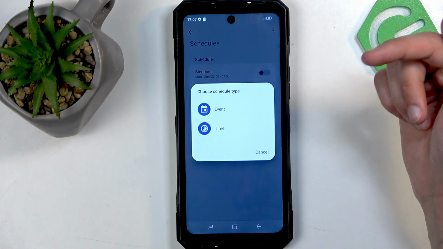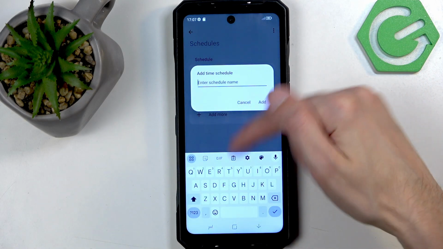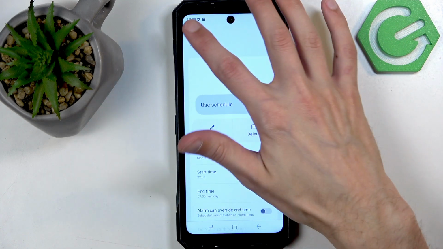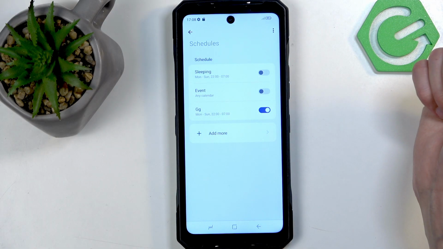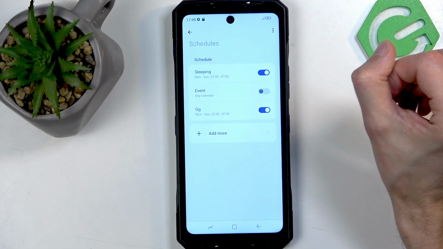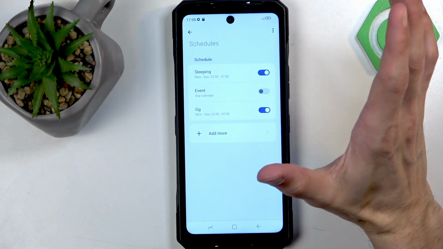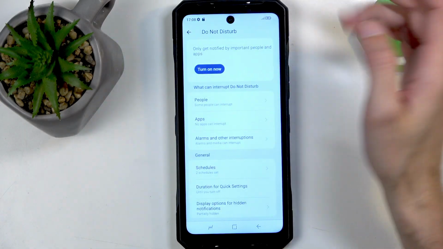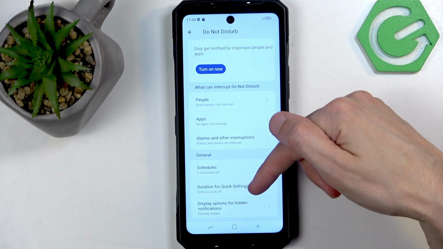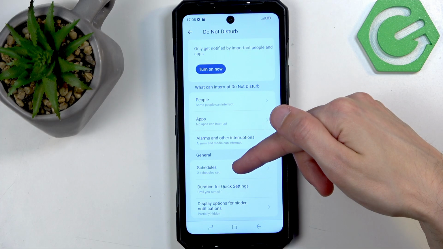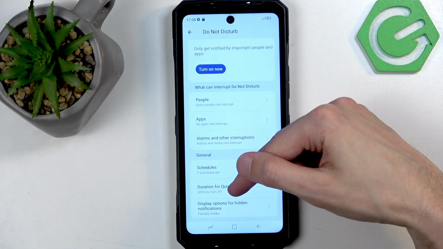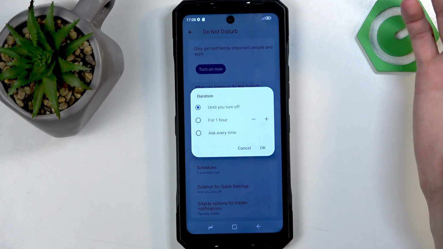As you can see, we can add more time, and you can select whatever you want right here. When you go back, it automatically becomes enabled as well, so you can turn it off or on if you want, and you can have, like I said, multiple running at the same time. So that's something that you can utilize. Now going back in here and talking about the one last option, it's going to be the duration for quick settings. Now, unlike schedule, which caters to just a hands-off kind of approach,